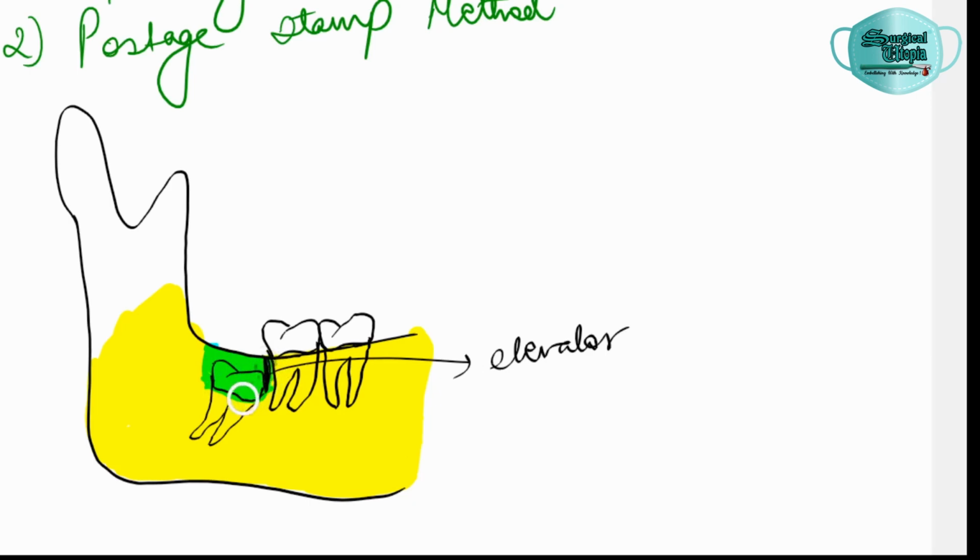First the cortical or the superficial bone was removed until the medullary bone was reached, and after the buccal bone was removed, the distal part of the bone was also removed until the distolingual spur of the bone was guttered or removed through the burr in order to remove any kind of obstruction while elevating the tooth. After the guttering was done, then at the mesial end, an elevator is placed in order to elevate the tooth.